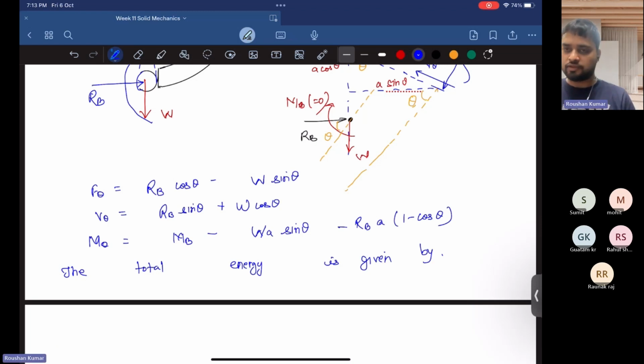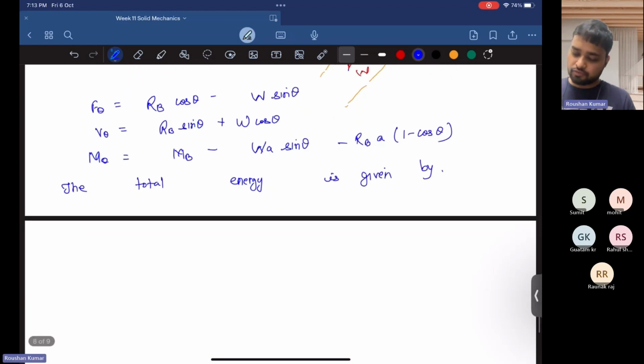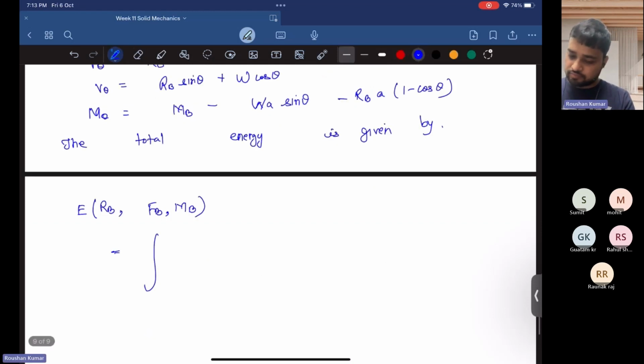Otherwise it will also come, because here there is no assumption made. So all the energy due to stretching, bending and shearing will come. So total energy in terms of RB, FB and MB is given by